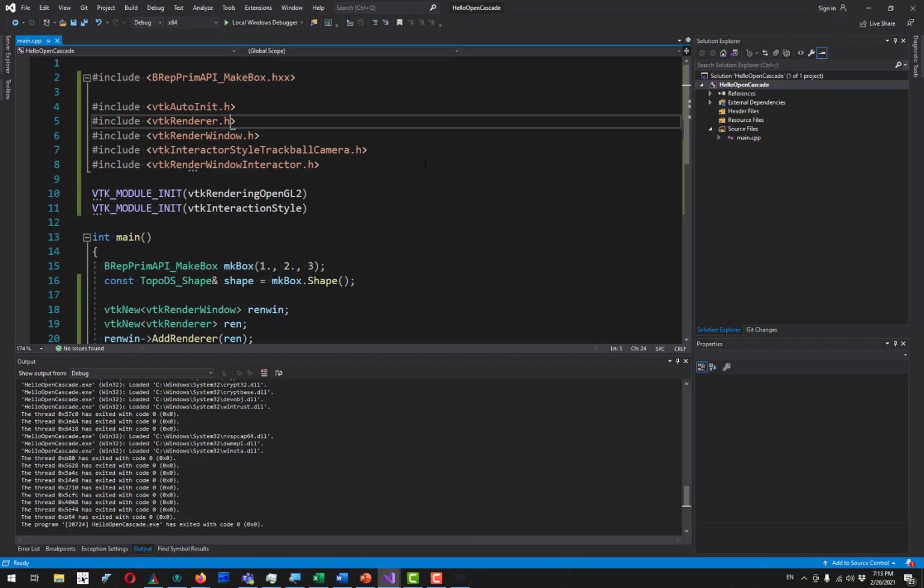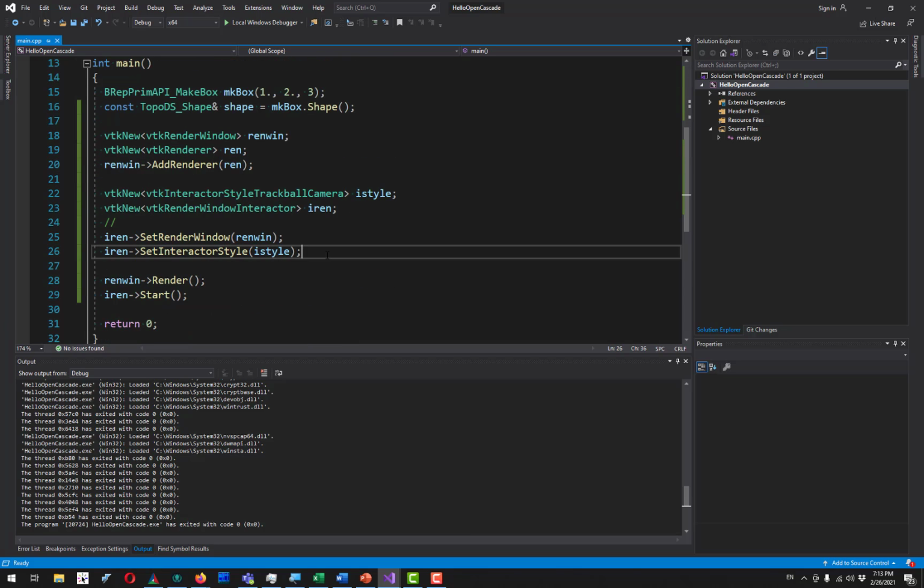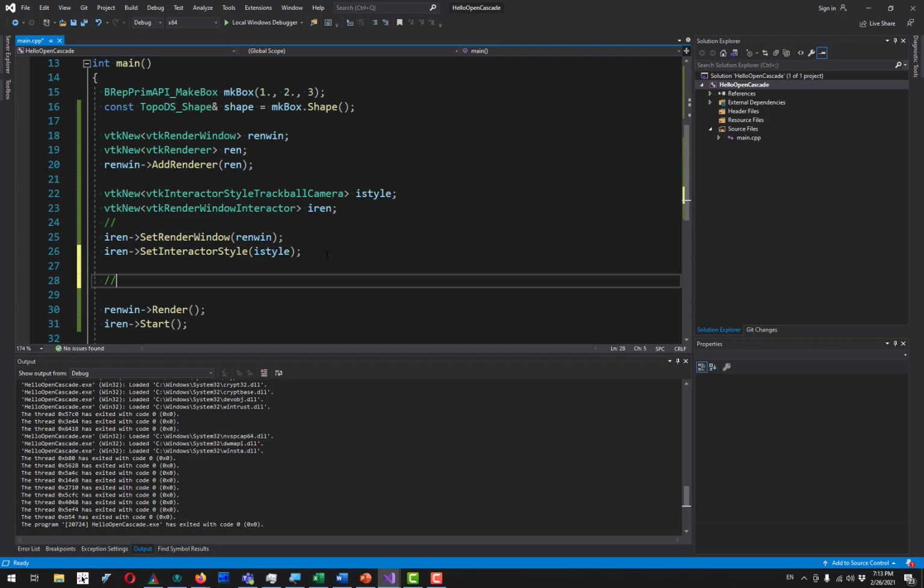So let's have something here, and basically here, in order to visualize something with VTK, we need to understand the basic concept of a VTK pipeline. What is a VTK pipeline? So say you have some domain data, which is basically some data object of whatever nature, and in our case we are going to have like TopoDS shape, which is an OpenCascade class. And then in order to use the VTK visualization, the first thing we need to do is to convert this domain data to polygonal data representation of VTK, which is a VTK polydata, which is a type provided by VTK